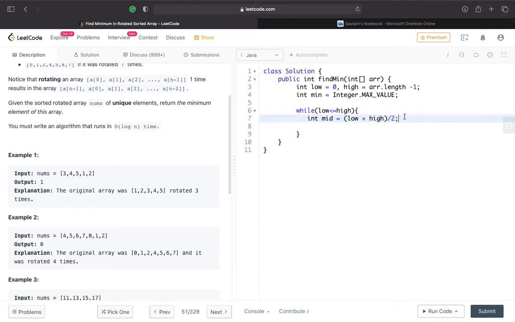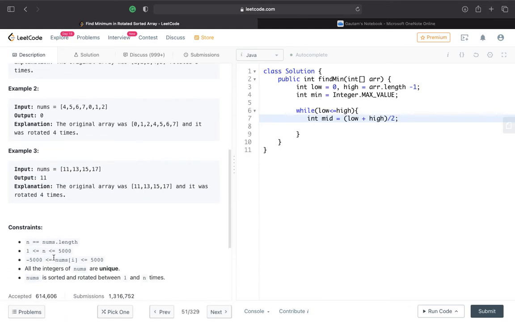I have not taken care of the overflow condition, because in the constraints it is given that n can range from 1 to 5000, so we don't need to take care of the overflow that can happen when adding low plus high. So I haven't done low plus (high minus low) divided by 2, which I explained in a previous video. Now we'll check if ARR of low is less than equal to ARR of mid.